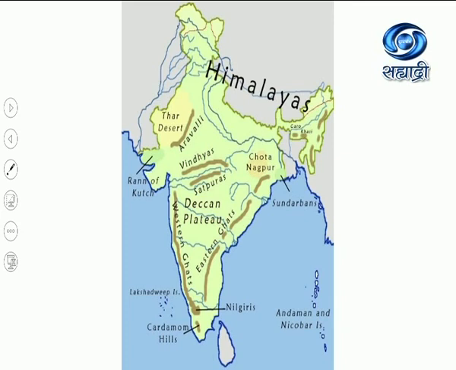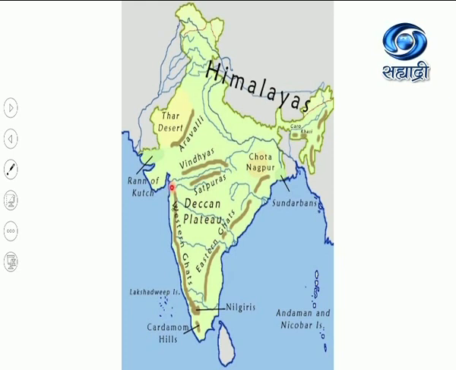Because of high temperatures in summer, low pressure areas develop in the Punjab plains. Now, this is the Punjab plain over here. So, here what do we experience? High temperatures in summer. So, low pressure areas develop in the Punjab plains and the Thar desert. This attracts wind coming from the high pressure region in the Indian Ocean, which starts blowing towards the mainland of India. These moisture-laden winds bring rainfall coming from the Indian Ocean.